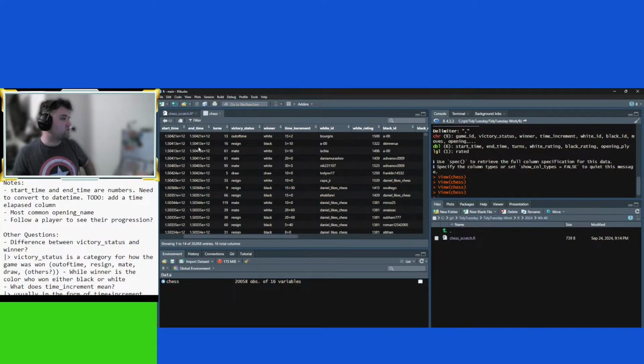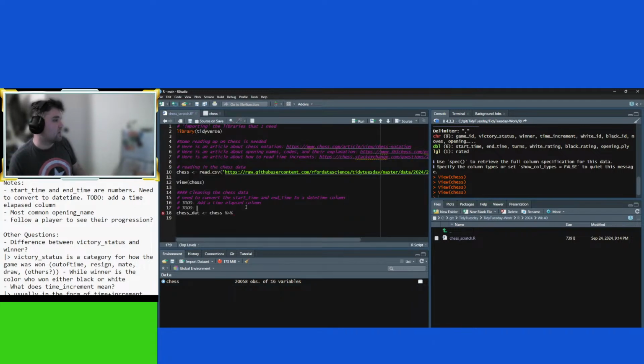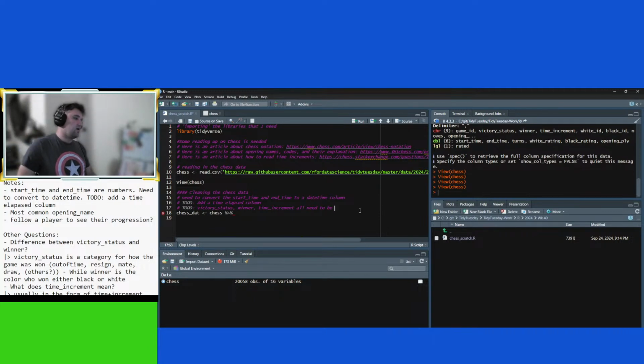Victory status, winner, time increment all need to be, oh, I forget the word for R. Category columns.